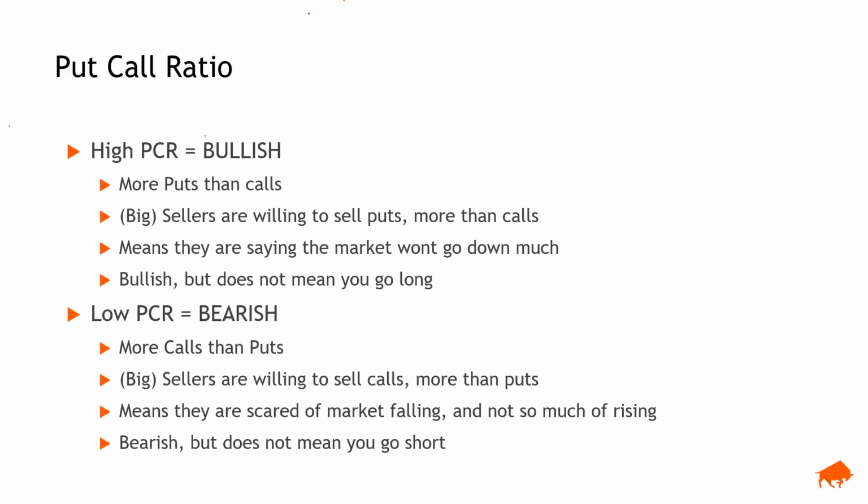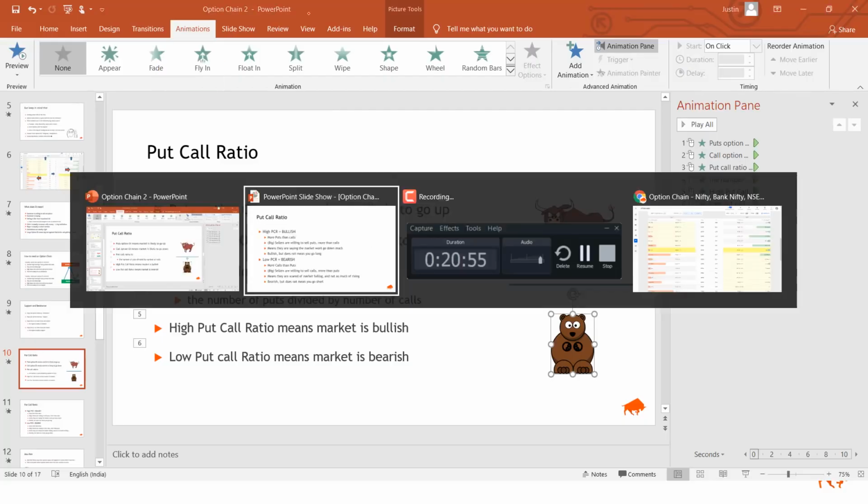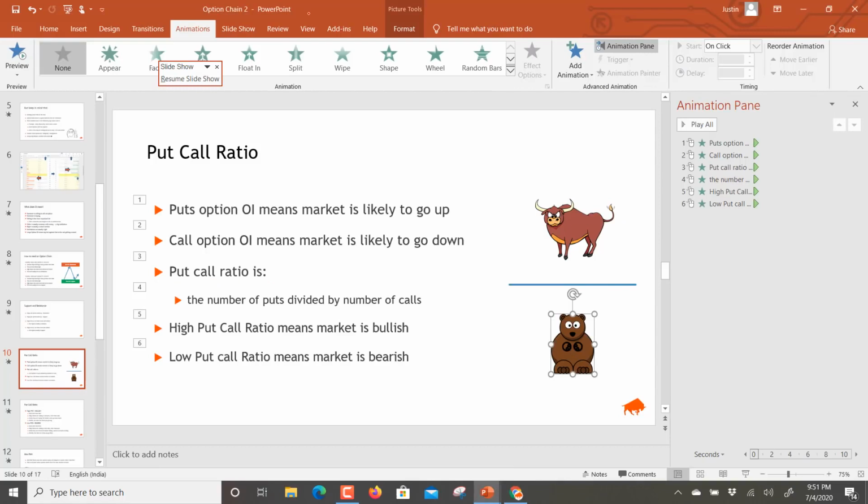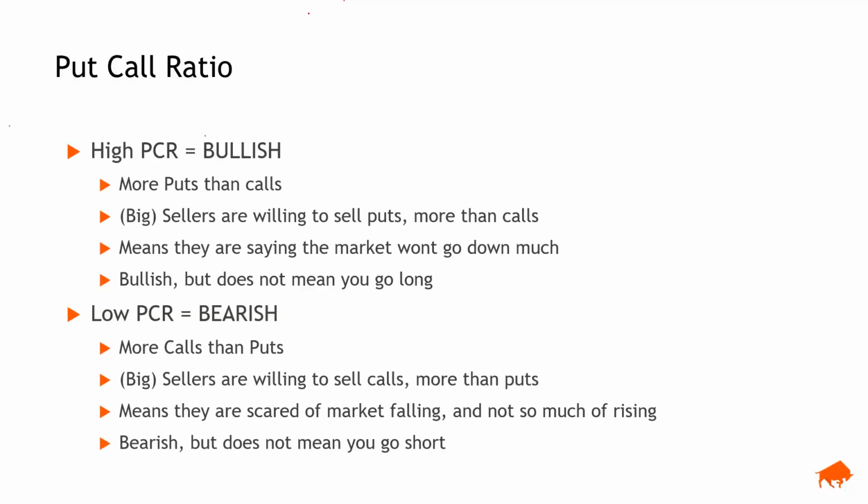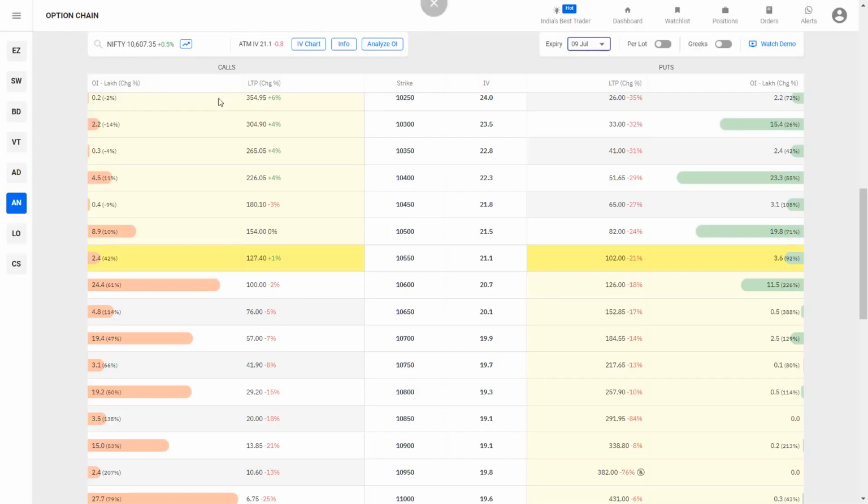These two numbers are a good indicator or a confirmation to your analysis of whether the market is bullish or bearish. In the sense that, let's say you think the market is bullish, just look at PCR once. If PCR is greater than 1, or if it's 0.9 or 1.1 or something, yeah, you're probably right. You feel it's bullish, and the market is telling you yes, it's bullish. Similarly, with a low PCR, you think the market is bearish, you look at the option chain, if the PCR is coming as 0.5, then for sure, it's more likely that you're right, and therefore you can short the market.